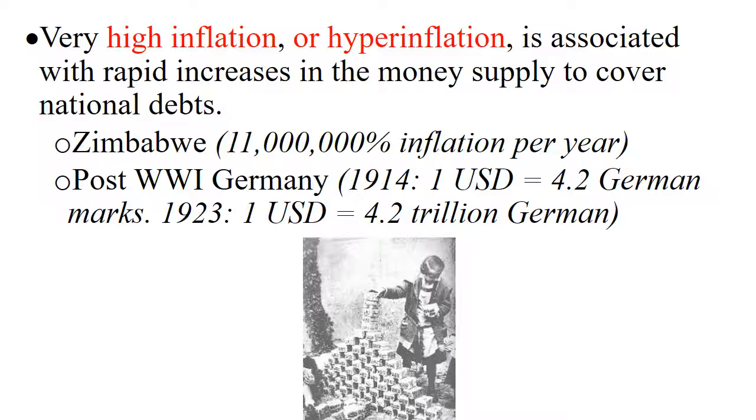They started printing huge amounts of their currency, the mark, in order to pay off these reparation debts. For that reason, in 1914, at the onset of World War I, one US dollar would buy 4.2 German marks. But with this crazy high hyperinflation that occurred afterwards, by 1923, one US dollar bought 4.2 trillion German marks. So you can see how little each individual German mark became worth. So people started using that currency as wallpaper. They were burning it for fuel. It was very meaningless in each individual dollar. This led to the Germans as well getting rid of their currency and replacing it for a different one. And they also renegotiated